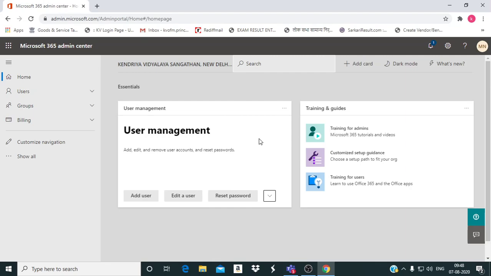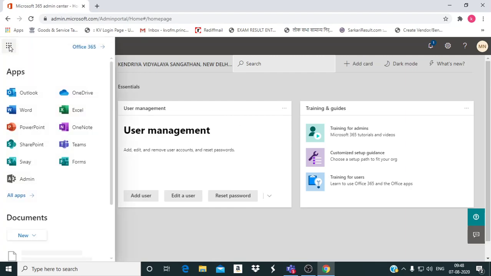Whenever a new student comes in your class, add that student in Microsoft Teams, just after confirmation of his or her admission, and after adding that student, also include that student in the Microsoft Teams class.